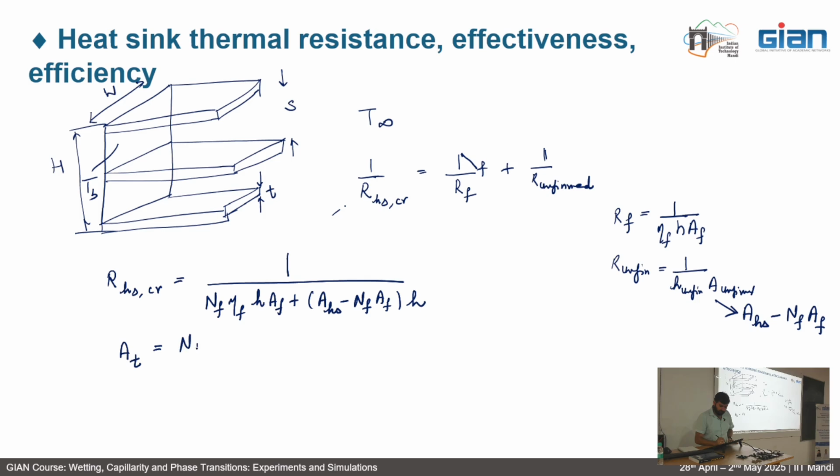So NF into AF plus area of unfinned, and further I can write it as NFAF plus area of heat sink, which is this one, minus NFAF, or I can write it as area AT minus